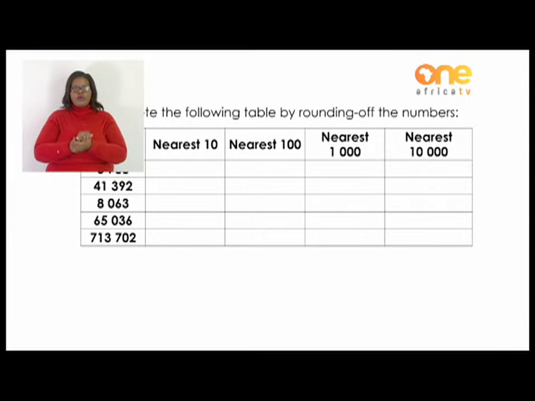The first number is 3,788. You must round that number to the nearest 10. Remember that 10 is also T. You have to round off the same number to the nearest 100. 100 is written in numeric, so you